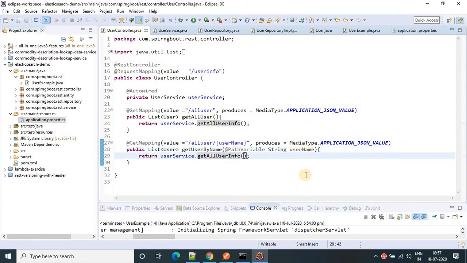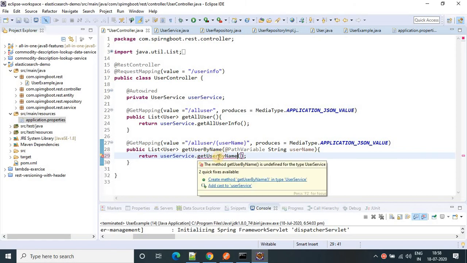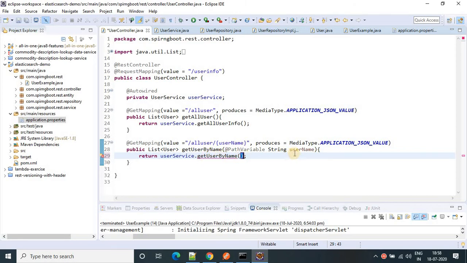And change this method to get user by name. Here we have to provide this.